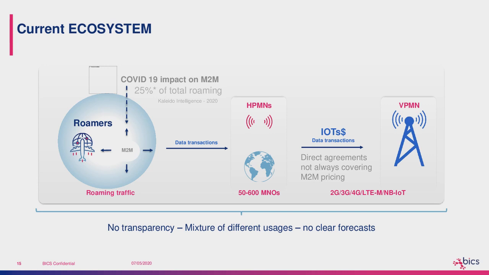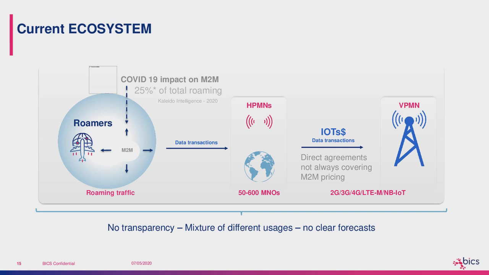I promise it's going to be short, but basically I want to take over and share with you the helicopter view of what was just discussed before. So how does the ecosystem work today? You see in this slide, indeed, the vast majority of roaming traffic is traditional roaming still. However, up to last year in 2019, M2M represented globally 90% of total data traffic. But since COVID-19, this has jumped to 25%. And according to different scenarios, it will keep this trend for the next 4 years.